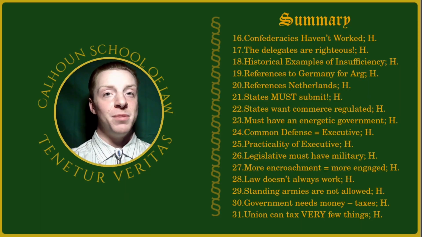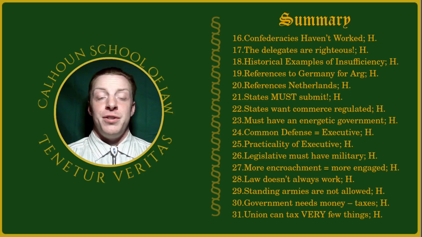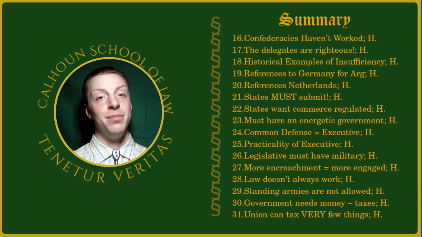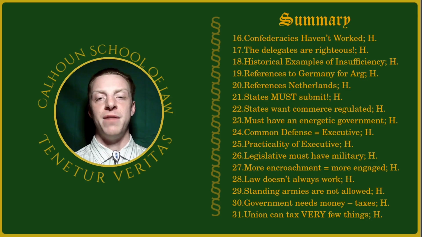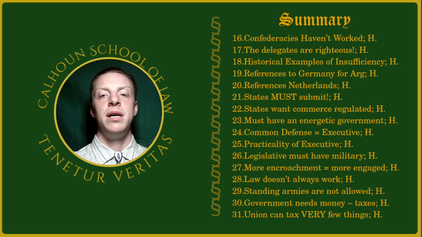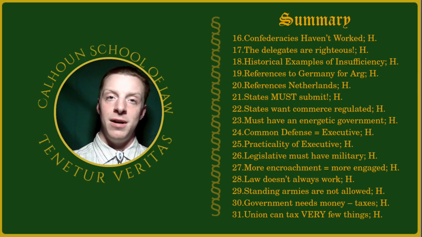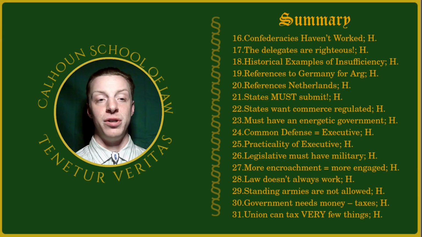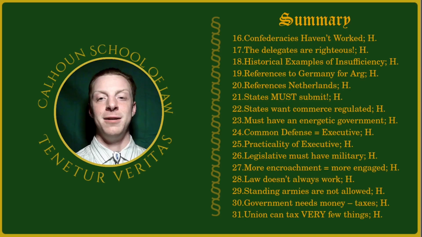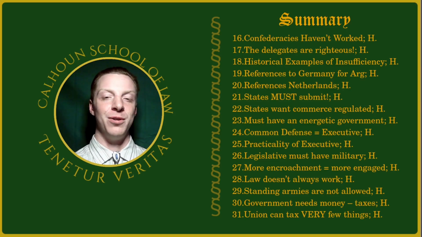The states must submit. So this is where Hamilton ultimately says the states need to comply or they're going to die. So he pretty well verbatim, both implicitly and explicitly said, if the states don't get on the plan of the proposed government, the U.S. Constitution, then either the new confederation formed with the new government would eventually come and force submission upon the states that did not ratify the U.S. Constitution, or foreign nations would come around and exercise the subversive tactics, subversive ambitions of the newly formed Union government.